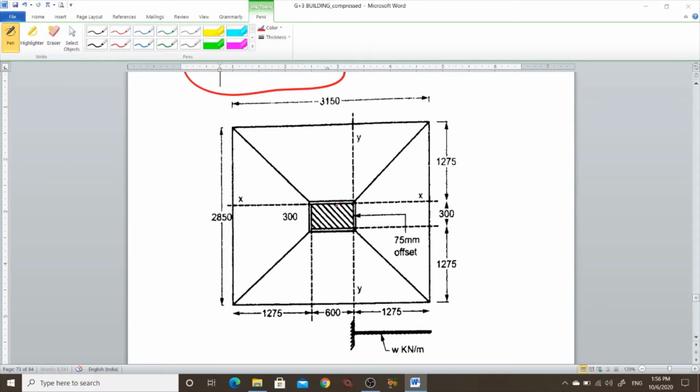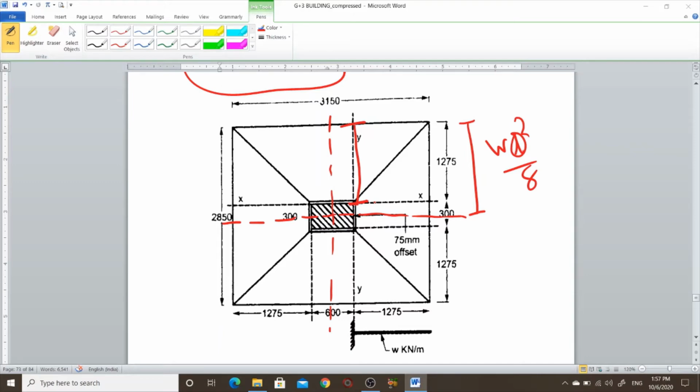For the y direction, we will need this distance, because we find the maximum bending moment at the column face. So this is the equation, WL square by 8? W we have found, but L is missing. How can you find the length? Divide the column and footing into two parts. These are the two directions, and these axes pass through the center of the column as well as the footing. So from the center, this is the half length, 2850 half.